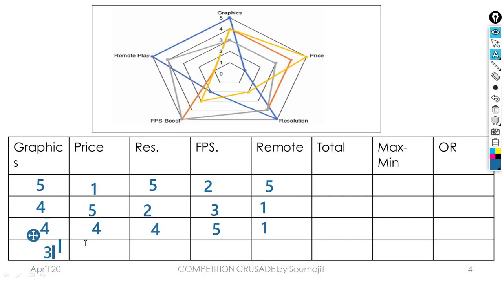This is going to be 3, this is going to be 3, this is going to be 4, this is going to be 5, this is going to be 5, and this one is going to be 4. Let me just see once and for all, have I made any mistake? Okay, so 4 5 2 3 1, 4 5 2 3 1, 4 4 4, 4 5 1, 4 4 4 5 1, 3 3 4 5 and 4. Yeah, all the lines are connecting back.